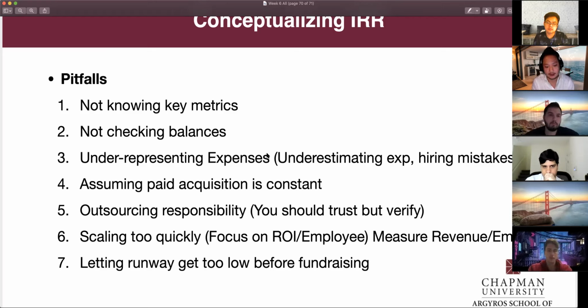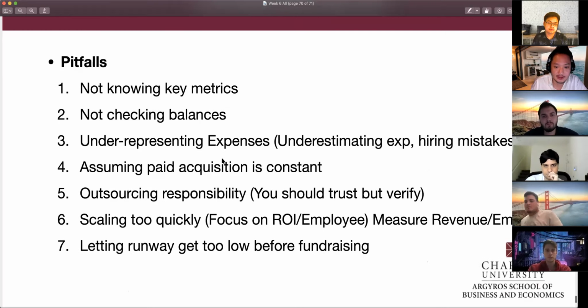So I think the easiest way to hedge this is just to provide monthly updates to a small group of investors that you really want to engage with and build a relationship with. And then oftentimes, if you just provide updates, I've noticed they'll call you or they'll comment on your email and give you some type of feedback. And that organically builds a relationship. So there's no reason to force the relationship abruptly. Building true and genuine relationships takes time. So yeah, any questions about pitfalls in terms of managing startup financing?